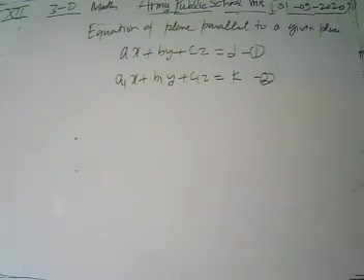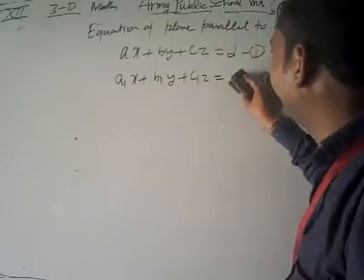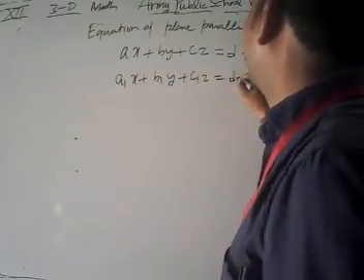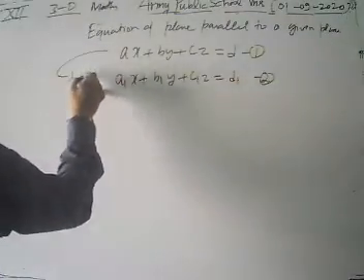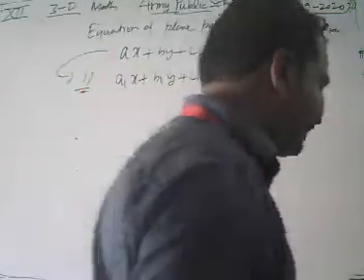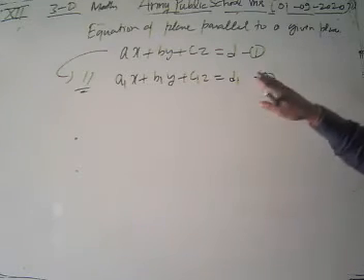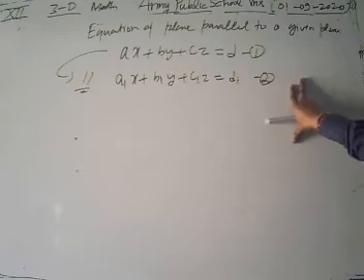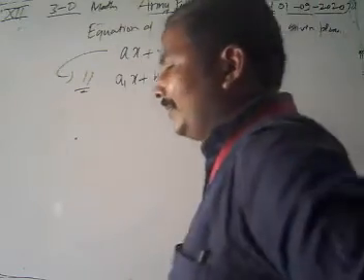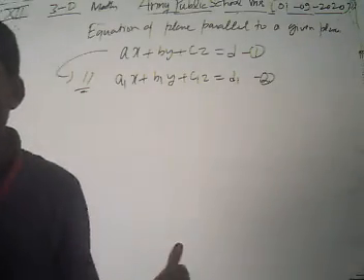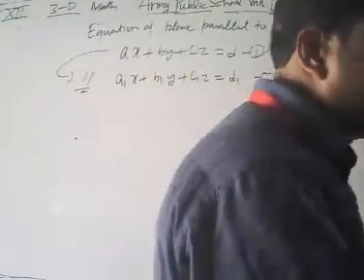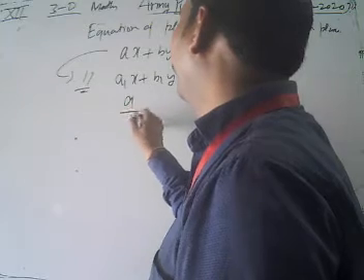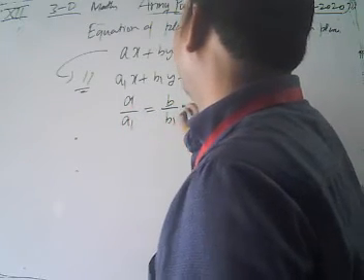k. Don't take k here, just take d1 there. Now look, we have assumed that this is our equation of plane parallel to the given plane ax plus by plus cz equal to d. Now if these planes are parallel, remember that a, b, c give the direction ratios. If these planes are parallel, then their direction ratios are also parallel. What is the condition of parallelism for direction ratios? We have a by a1 is equal to b by b1 is equal to c by c1.